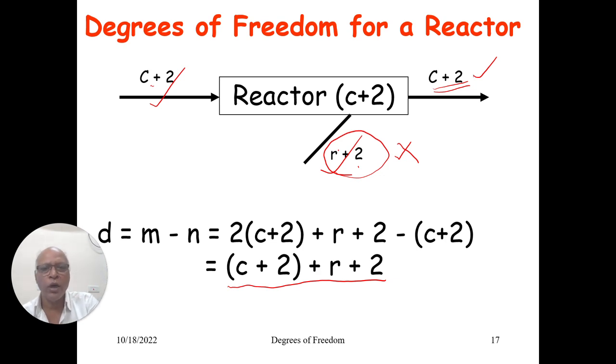See, for example, if you take C is equal to 2 and R is equal to 1, what is M? 4 plus 4 plus 3, 11 variables. And you are able to write only 4 equations. So the degrees of freedom is 7. Out of the total number of 11 variables, you need to specify any 7 out of these 11. The remaining 4 equations you will be able to make use of to calculate the 4 unknowns. So what is the number of possibilities of selecting 7 out of 11 variables? You can see it is 11C7.